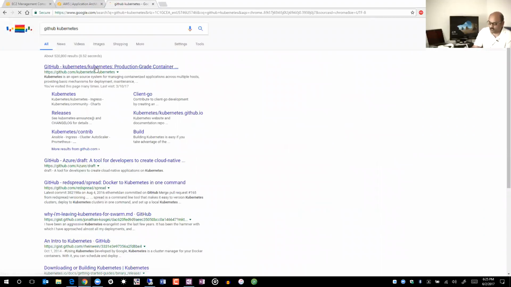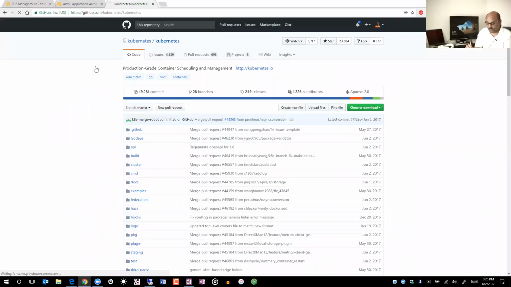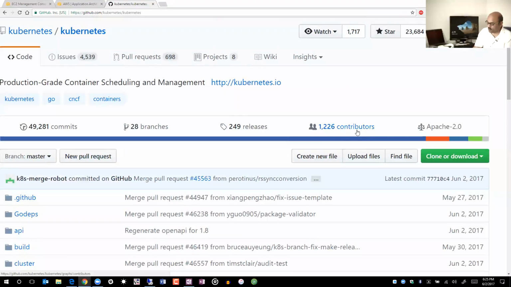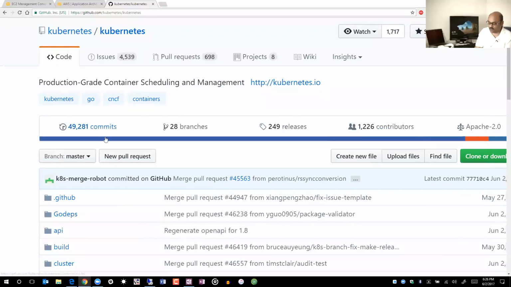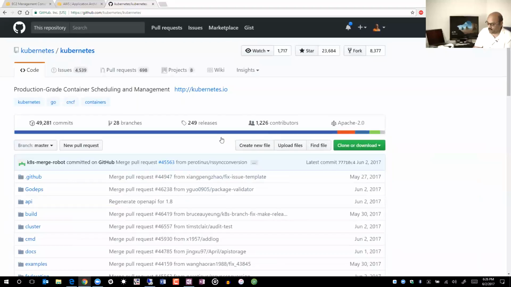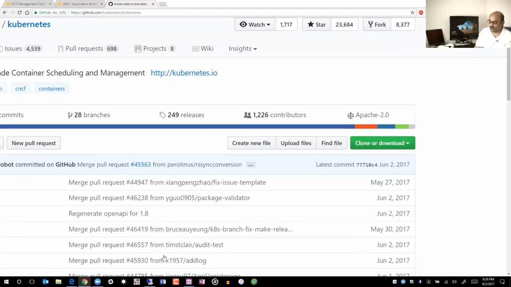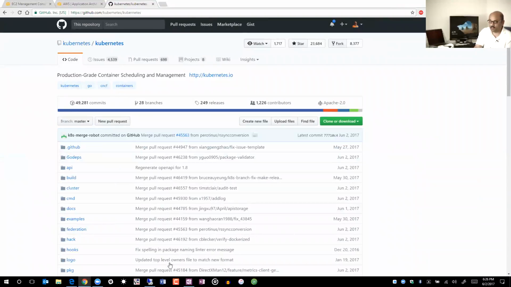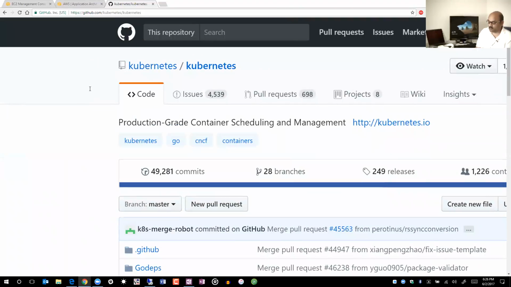Look at Kubernetes. This is a Google product, but it is open source. There are 1,226 contributors. There are 49,000 commits, and it is an amazingly useful product. What it does is help you run containers in production with a fairly easy to use method, and that's the tool